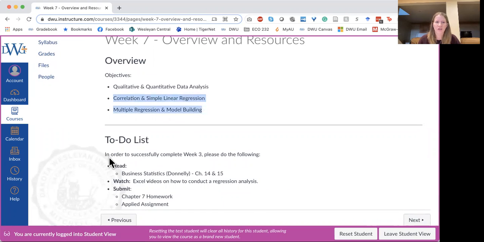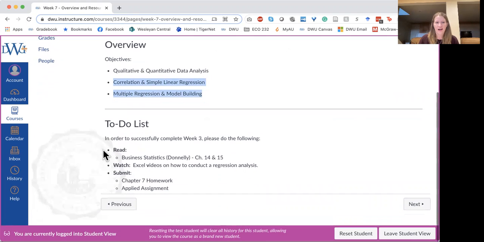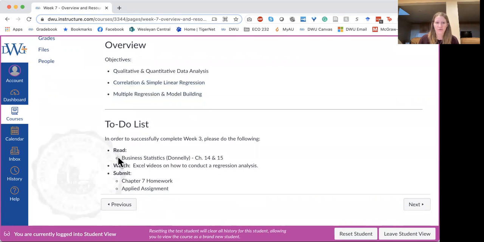The regression models were brought in last week so that you could talk and think about your hypotheses, and if your final project you wanted to use regression or ANOVA. So that's why I don't have any extra resources for you in that. Simply just looking at the Donnelly text, chapters 14 and 15, there is a lot of math involved in that,